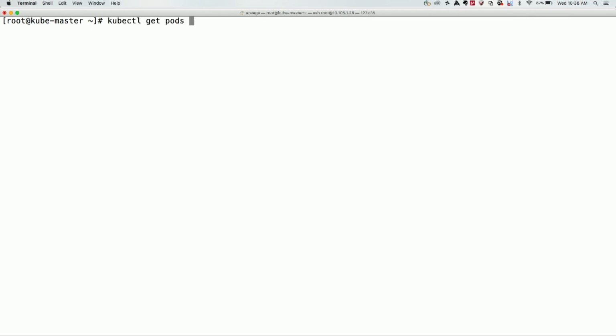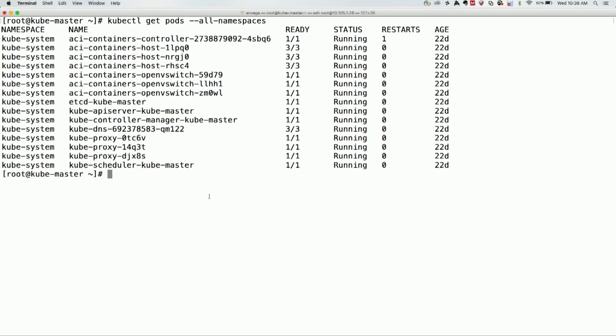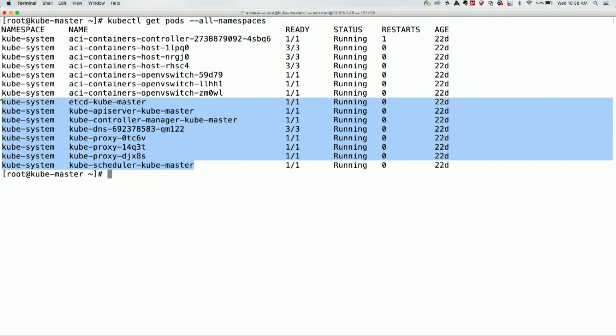So, standard Kubernetes syntax. I want to show you what is running in the system at the time of having been installed. Standard Kubernetes components that would be part of any Kubernetes system. You have the Kubernetes database, which is etcd. You have an API server that brokers entirely all communication in the system. You have a controller